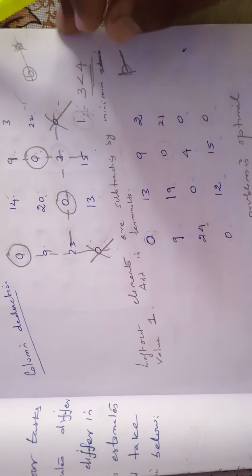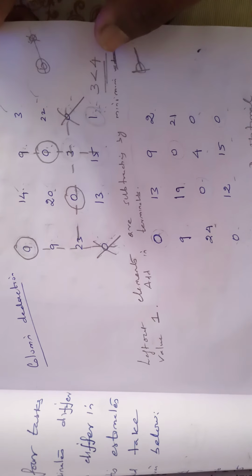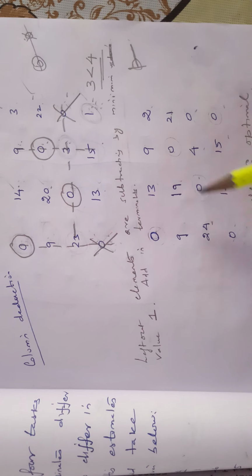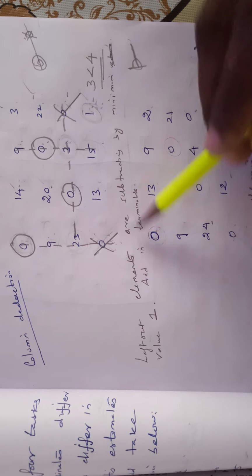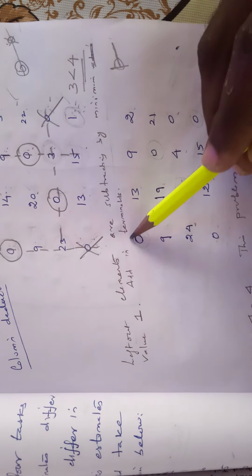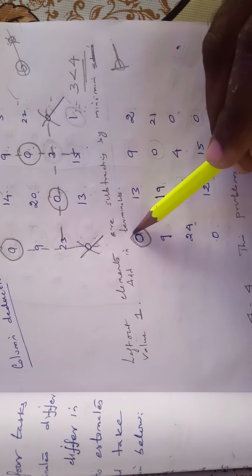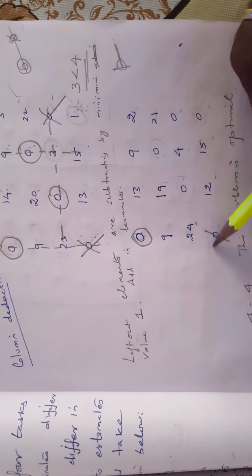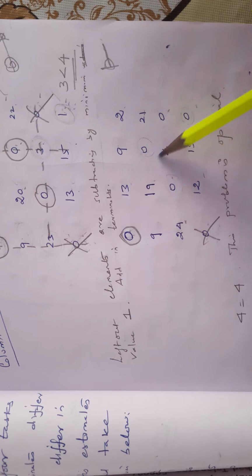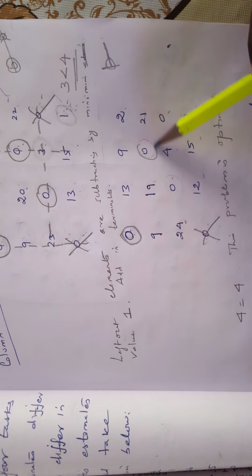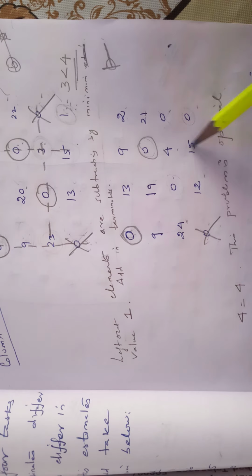So again we have to draw the minimum number of lines. We'll get the final value. Again we have to take the 0 selection. Concentrate the first row. Only one 0 is there. We have to cover this 0 in this column, cross out this 0. Second row, again only one 0 is there. So we have to select this 0. No zeros occur in the column, no problem.